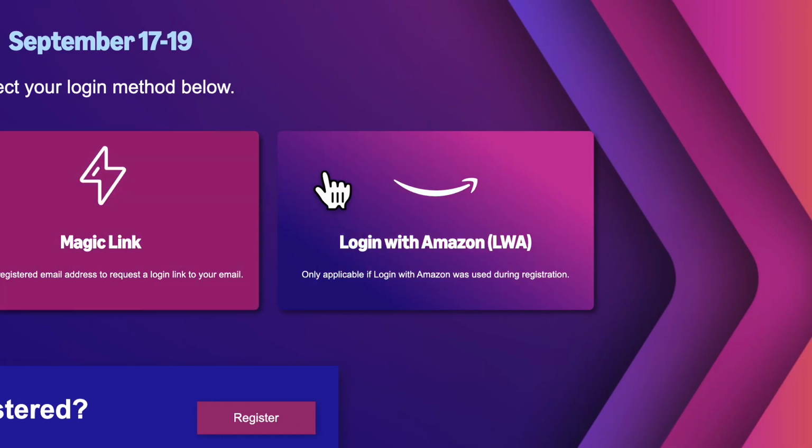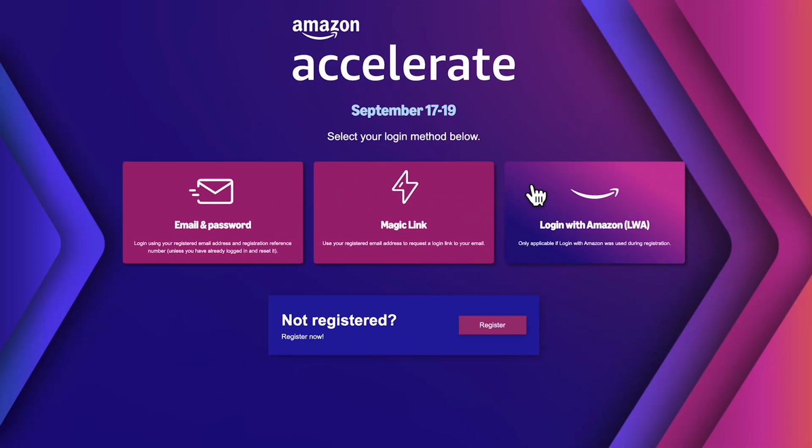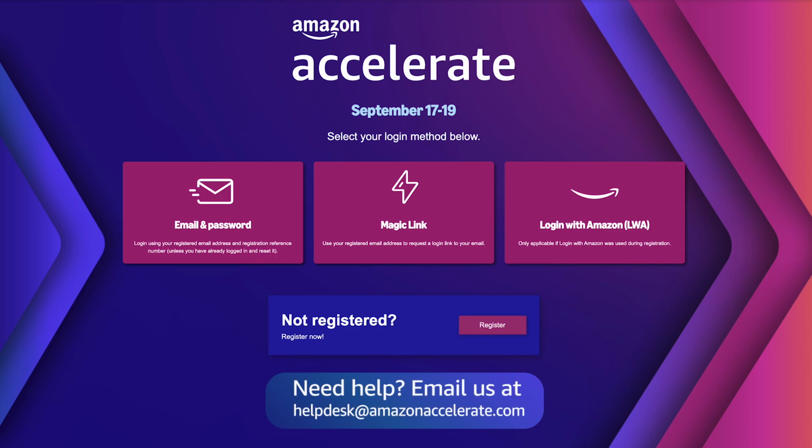If you registered through login with Amazon LWA during the registration process, simply opt for it again. This streamlined sign-in uses your Amazon.com credentials for a hassle-free entry. For any pre-event hiccups, reach out to helpdesk@amazonaccelerate.com. During the conference on September 18th and 19th, a live chat support option will be at your service on